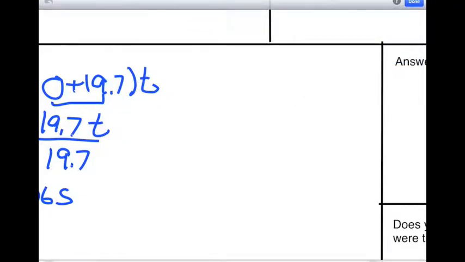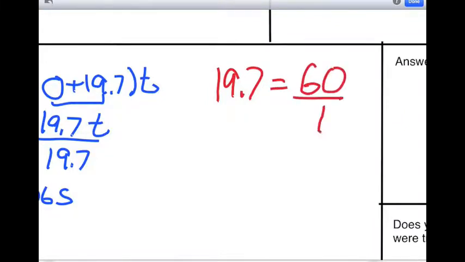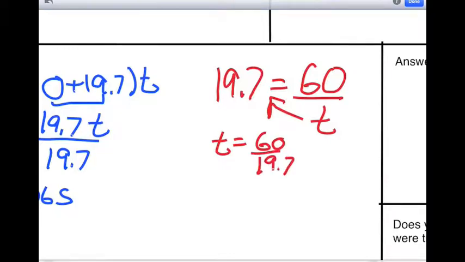Now remember, he actually has to travel further when he's moving at a constant velocity, but he's at that 19.7 already, and he stays that the entire trip. So 19.7 equals 60 over t. Rearrange, so you switch these two, and you get t equals 60 over 19.7. Take those and divide them out, and when you do, you get a total of